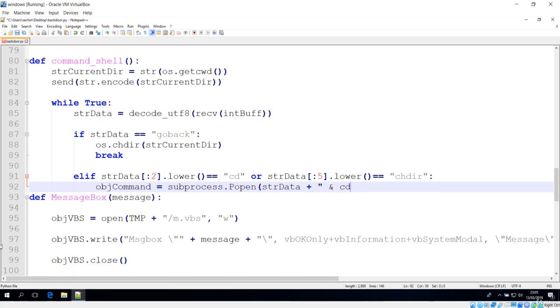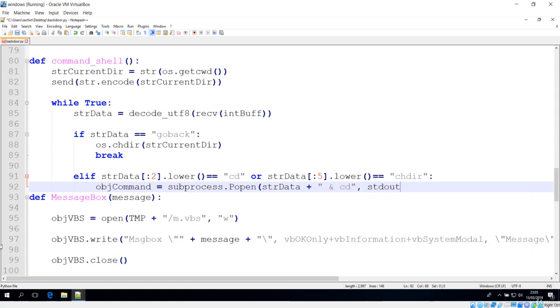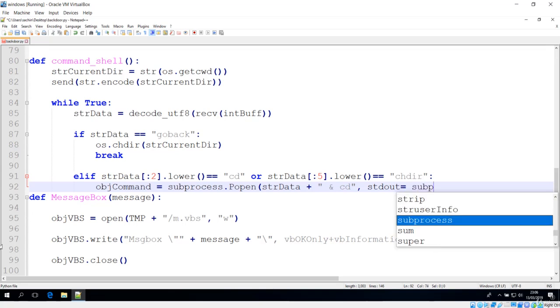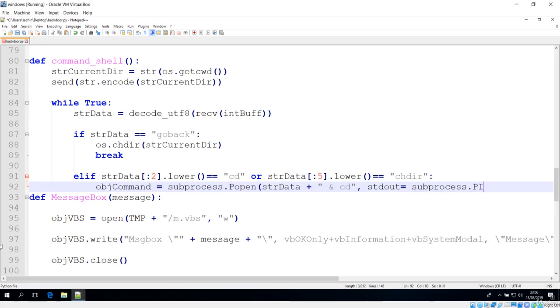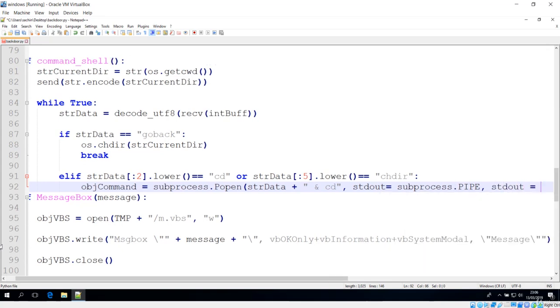After that, you have to set the stdout argument of this Popen method, and here you give subprocess.PIPE. This represents that we are using pipelining, and this is the one command, stdout.